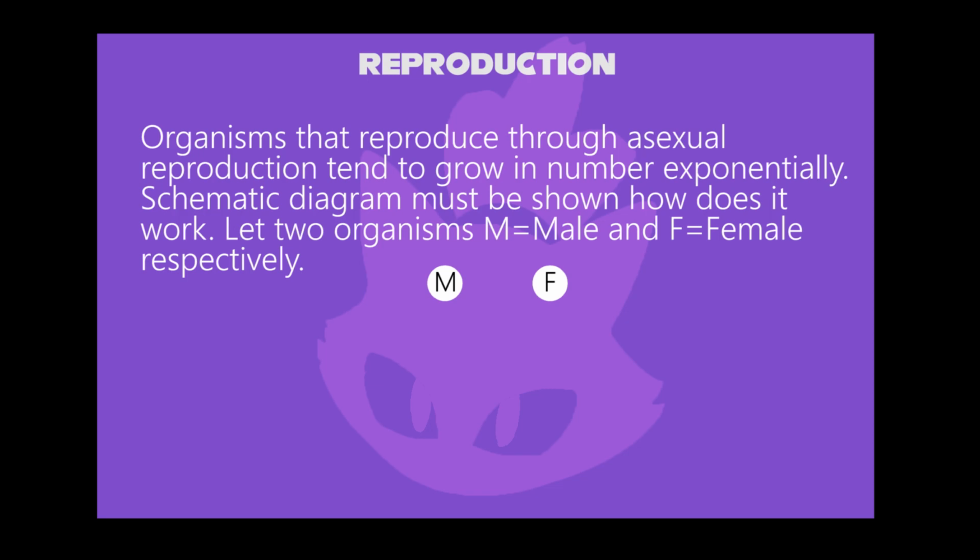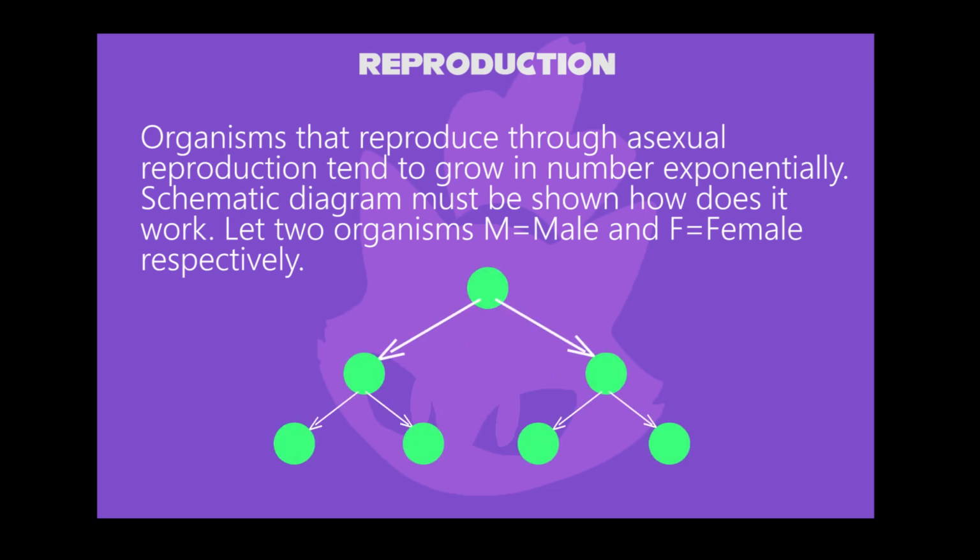Let's check out the diagram of sexual reproduction. These two organisms include male and female. If each organism were to contribute to the same number of offspring, its population will remain the same for each generation, whereas the asexual population doubles in size each generation. Another way is to divide each organism into two parts, then divide it into four parts, and so on, which is also an asexual population that doubles in size each generation.